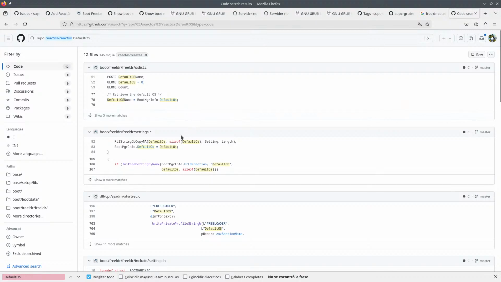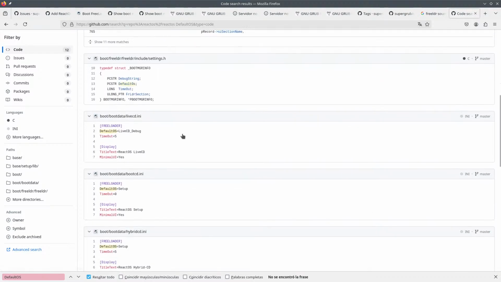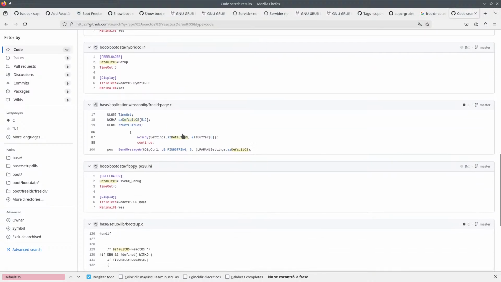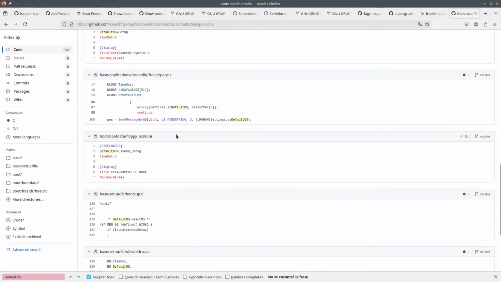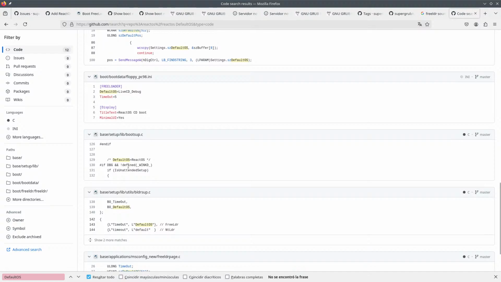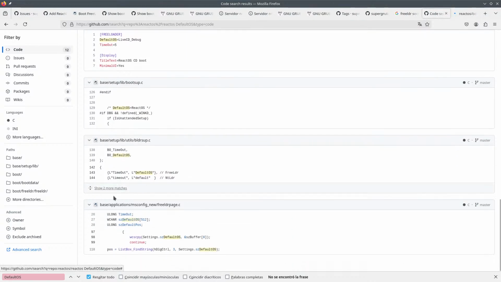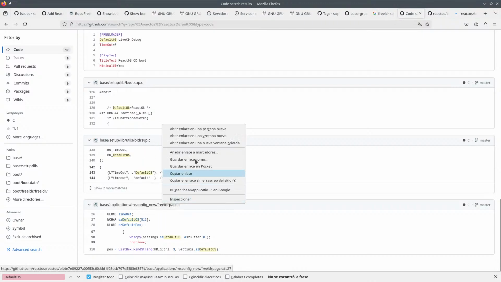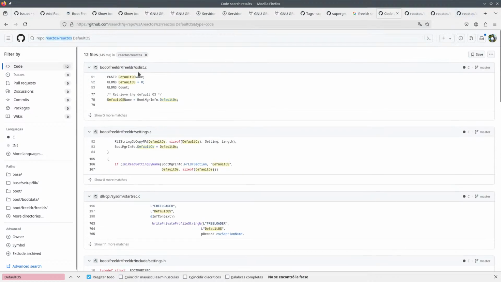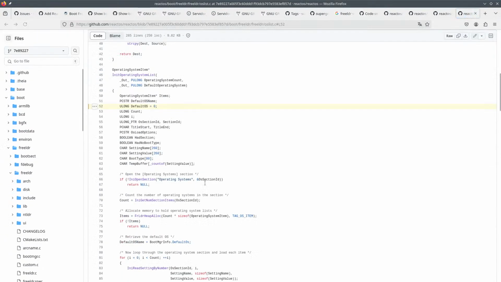OS list, boot manager info, default OS, settings, freeldr.ini page. Bootsub.c. What the hell is this? FreeLDR and NTLDR in msconfig new. I'm very curious to see.